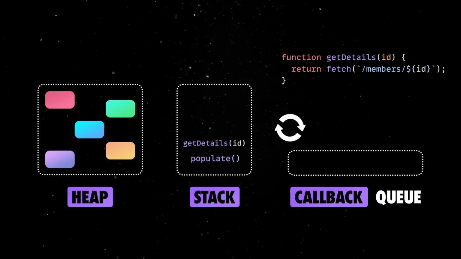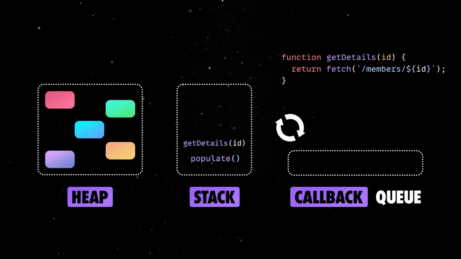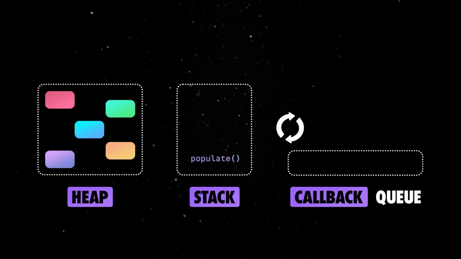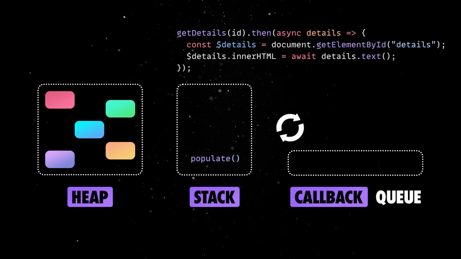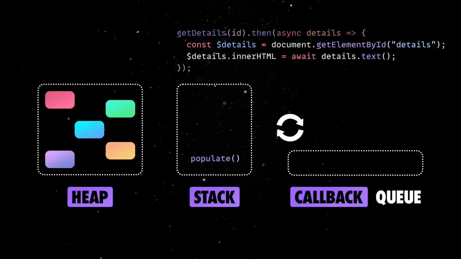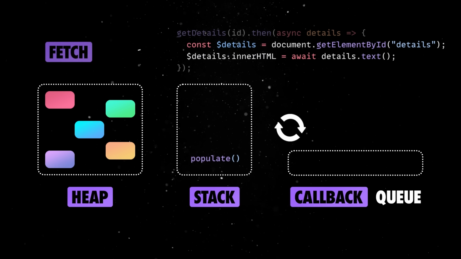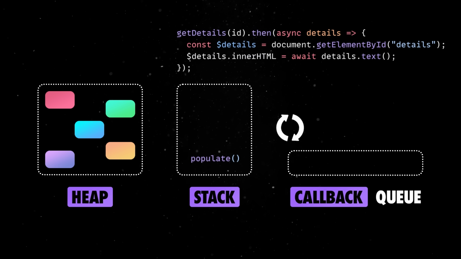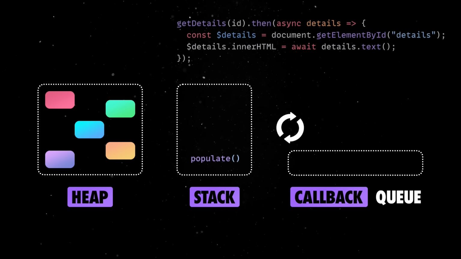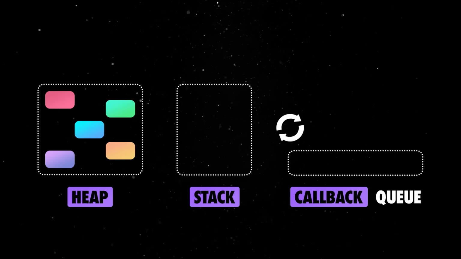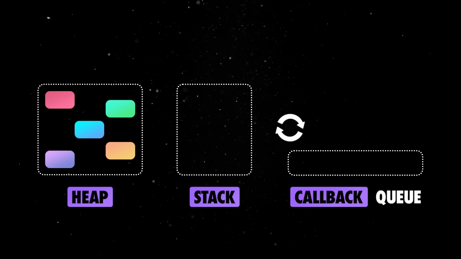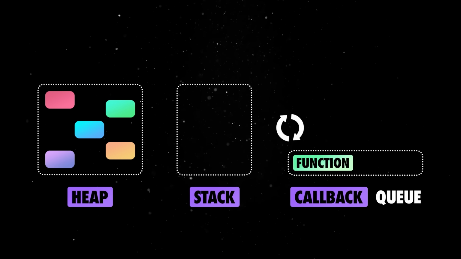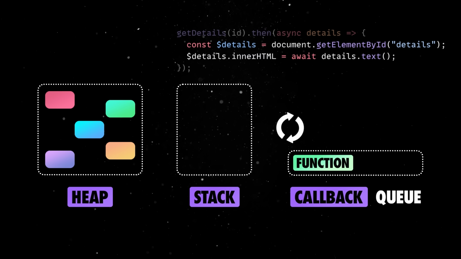The request is being triggered and, at this point, the runtime doesn't care about this execution thread anymore. It pops the fetchDetails function off the stack and returns into the populateDetails function. Here, the callback code will be ignored because it relies on a server response from the fetch API container. This callback will be executed only if and when we'll get back the response. Then, the populateDetails function is popped off the stack, and now that the stack is empty, the event loop can delegate more work. Next, let's assume a few seconds passed and the fetch API call finished its execution with a